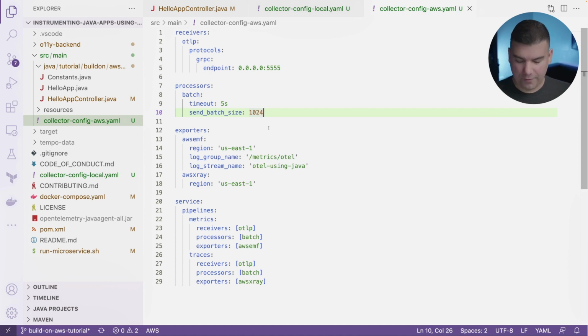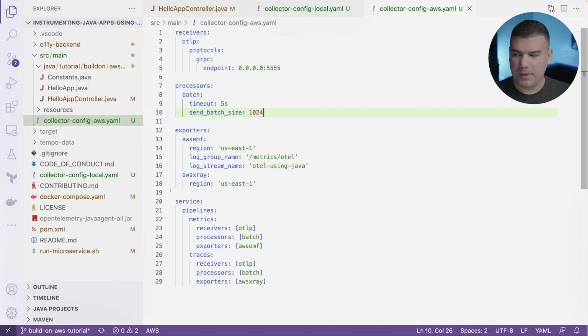Now that we have created this configuration file, as you can see, we have two configuration files. As of now, we can spin up a new collector using any one of these configuration files. That's one of the beauties and the flexibility of the OpenTelemetry collector. You can spin up one instance pointing to a specific configuration and another instance pointing to another configuration.